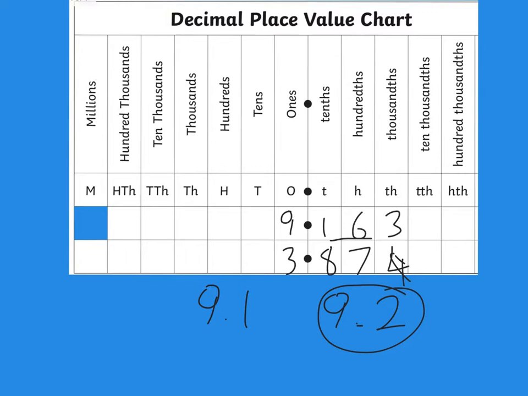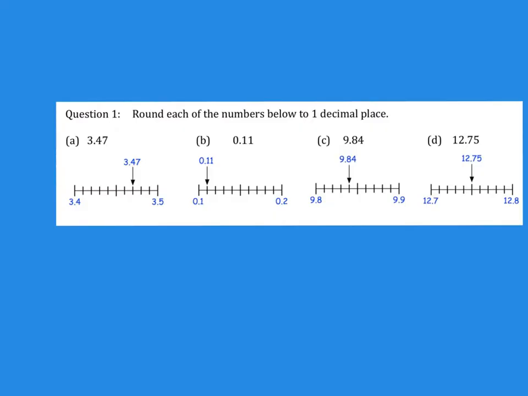So 3.87, would that be 3.8 or would it be 3.9? And you can see it's closer to 3.9, so 87, because it's 5 or above, remember, you go up, so 3.9. This slide will hopefully make the rounding of decimals to the nearest tenth of a decimal a little bit